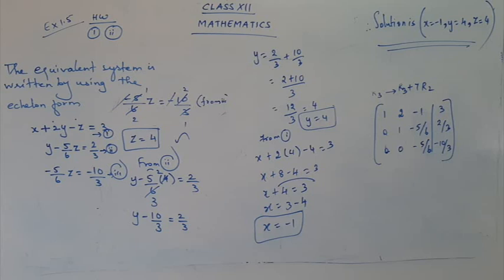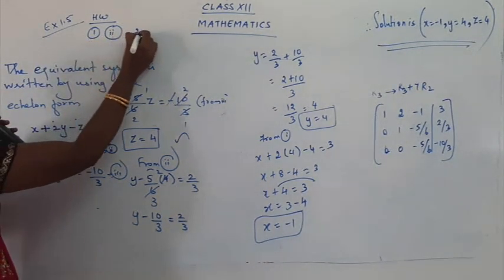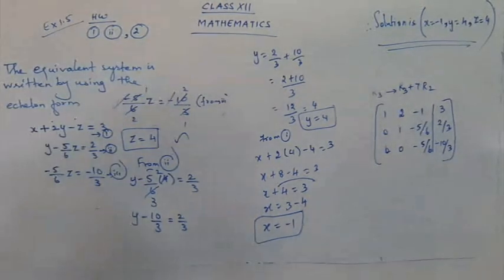I'll just tell you how to find the equations, and after finding the equations, you are going to complete the sum by transforming the augmented matrix into echelon form and also using back substitution. So that is your work in sum number 2. Just write down here: number 2 is also homework, but only half. Applying the transformation and substitution is your work in sum number 2. Some steps we will be completing here now.